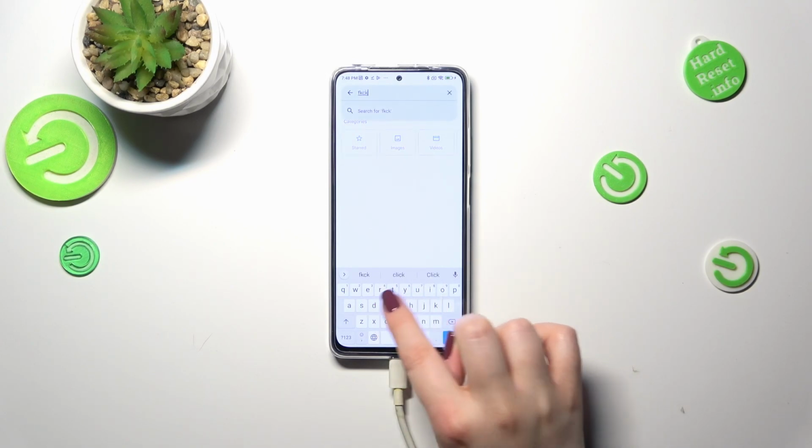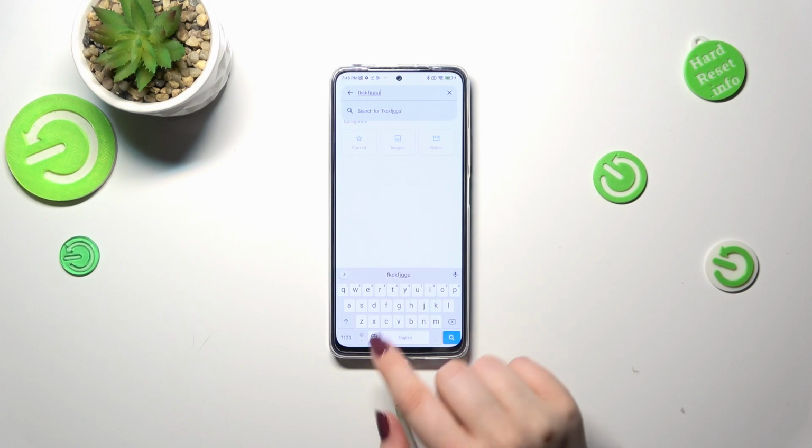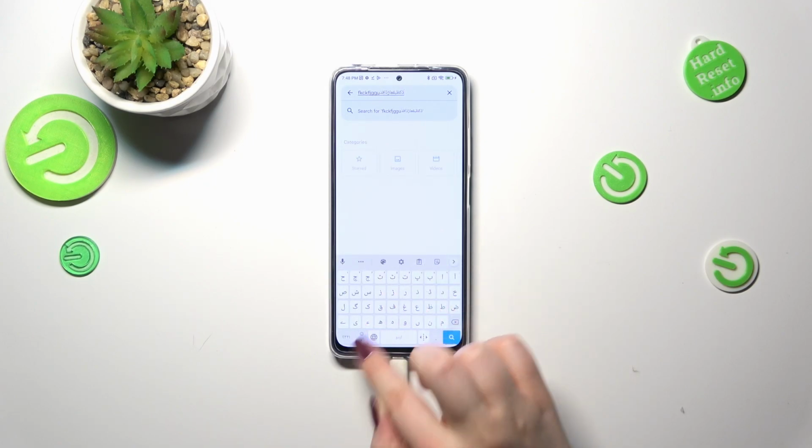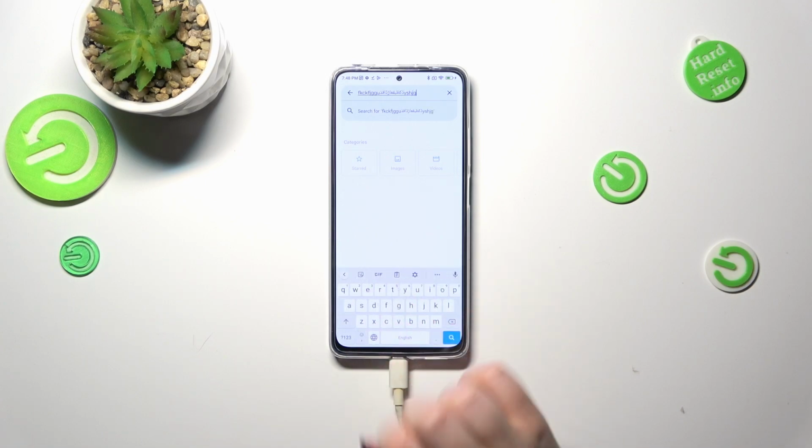So right now I'm typing English, but after tapping on the globe icon, I can easily switch to the Urdu one. Let me do it again and again English. So basically this is how to add the language to a keyboard, and now let me show you how to